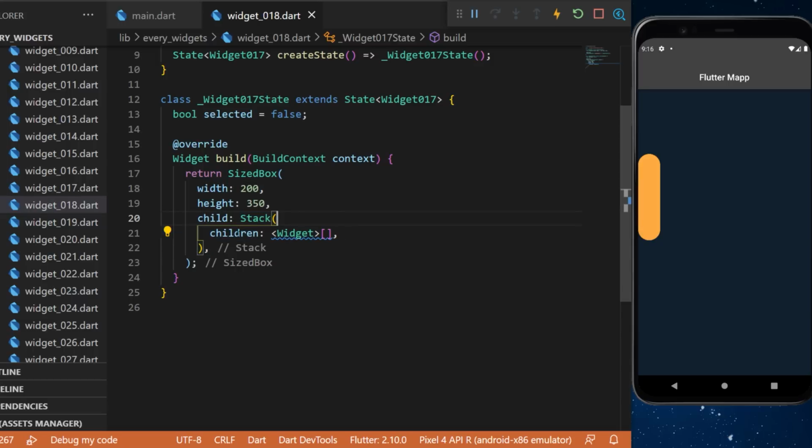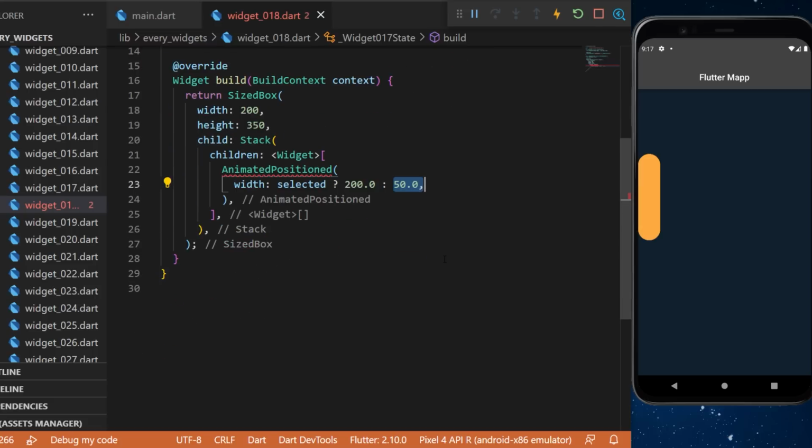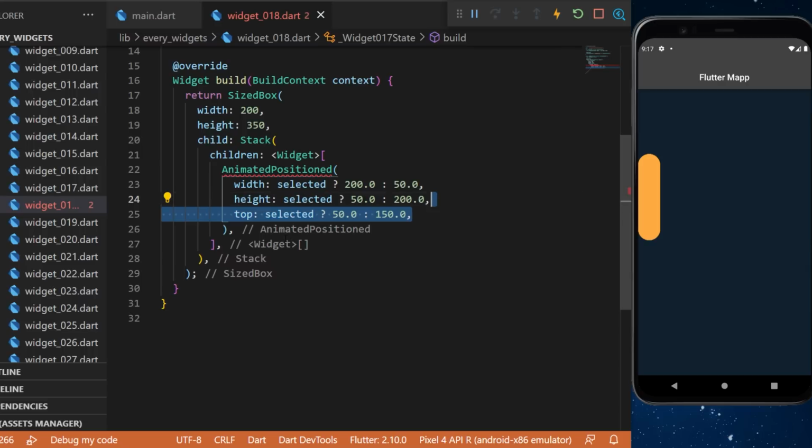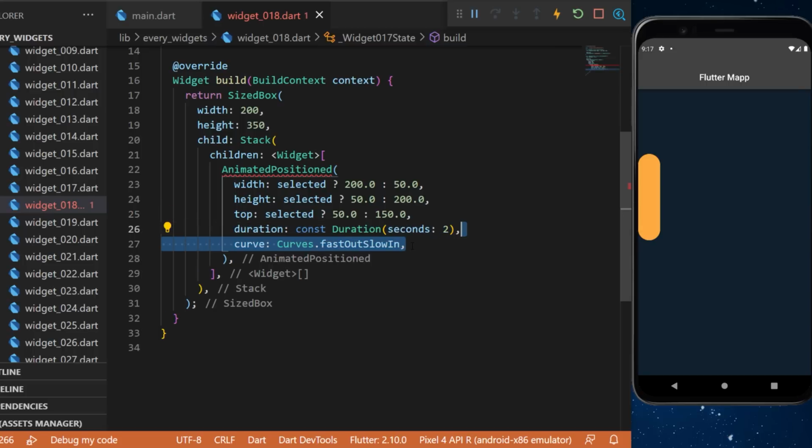The child will be a stack widget with multiple widgets inside. The first one is the animated positioned. The width will be, if it's currently selected, then it's 200, otherwise it will be 50. And we will do the same thing for the height and the top. If it's selected, then it's a value. Otherwise, it's another value. The duration of the animation will be 2 seconds, the curve will be fast out, slow in,